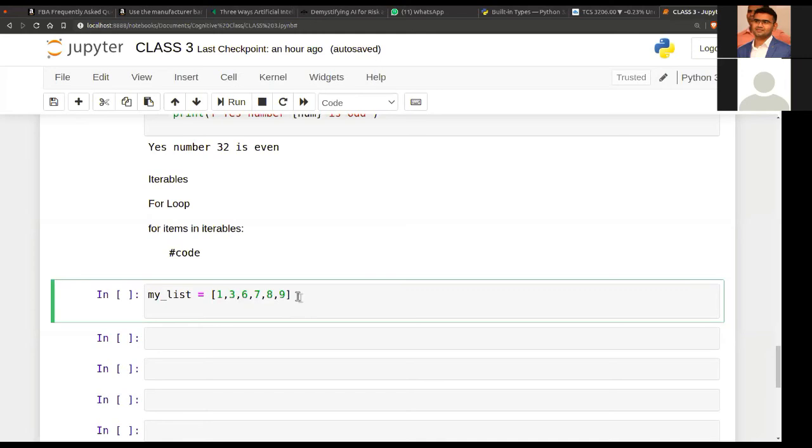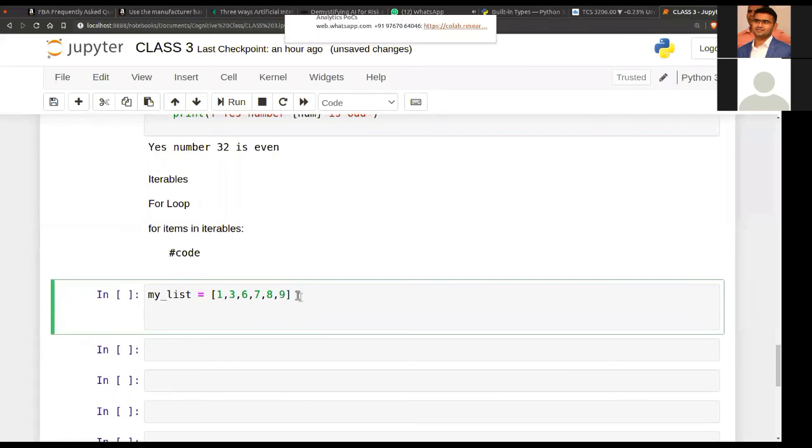The finger I'm pointing with, calling out 1, 3, 6, you can assume is also called an iterator. So that is an iterator, and it has a function called next.